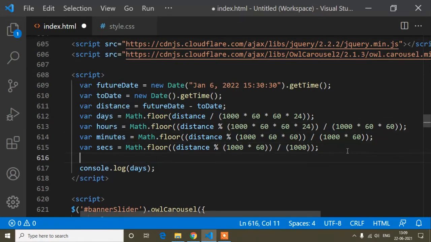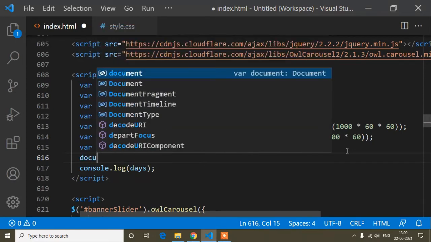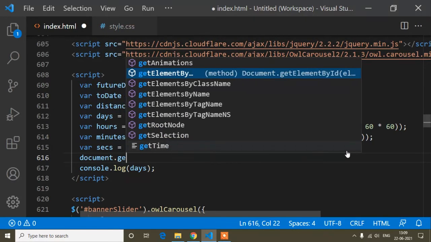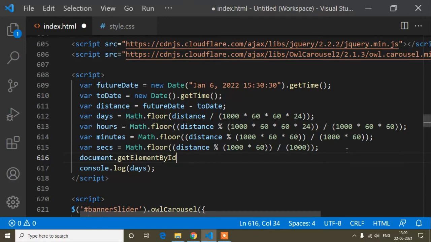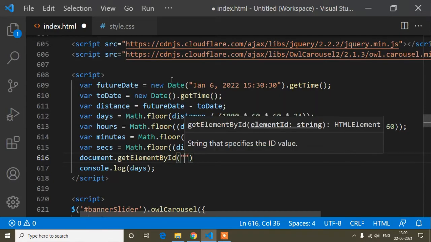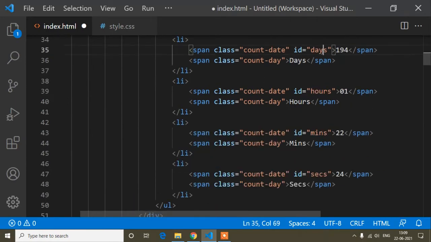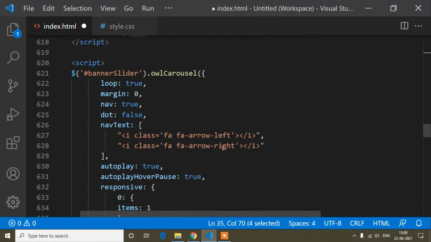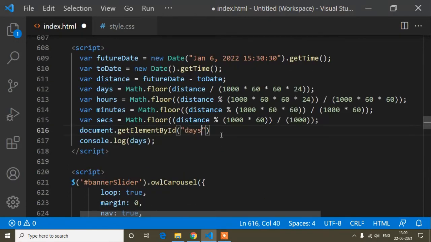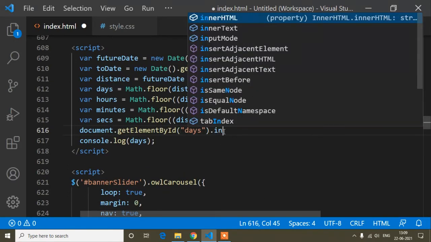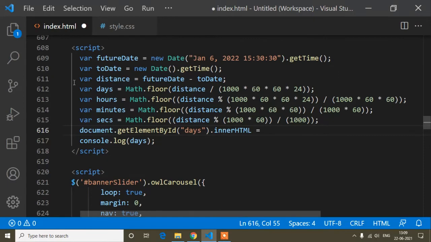So here I will write document dot getElementById, and first of all I will copy the ID name from here, that is days. So here I will write the ID name days, and inside this ID I will write innerHTML equals to this variable days.